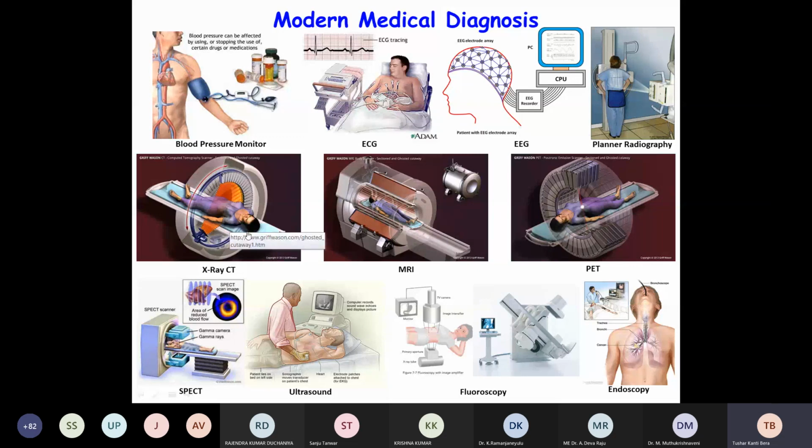But in some cases, the computed tomography or imaging technique is preferred, because in these three cases, for example, all the signals are coming as a graph, a time varying signal. We are not getting any image of the chest or the heart or the transthoracic region. Here also we are not getting the image of the brain. Here also we are not getting the image of the cross section of the hand. So here all the signals are coming either as a value or as a time varying amplitude,